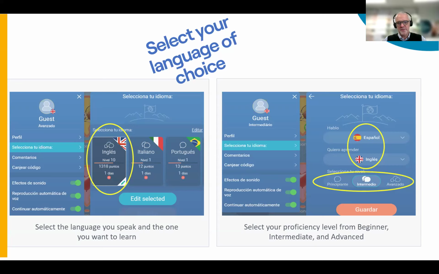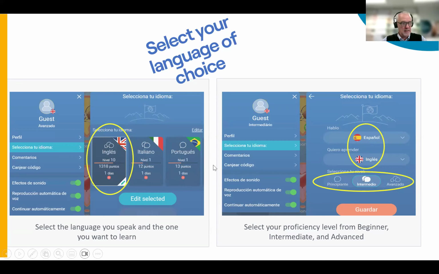Absolutely. Totally, Cinzia. So from this screenshot, you could say this could be the profile of a student. They could put a beginner level rather than an intermediate level, and instead of hablo español, they would just change this to I speak Chinese, so they could be reading the instructions easily, and I want to learn Italian. You can see here from this screenshot on the left, they could be studying English as well as Italian as well as others.